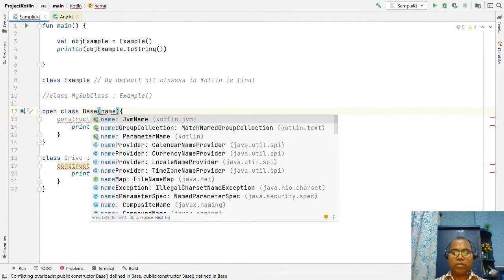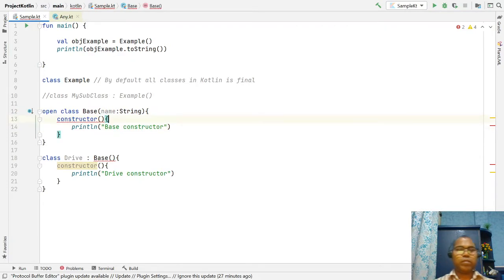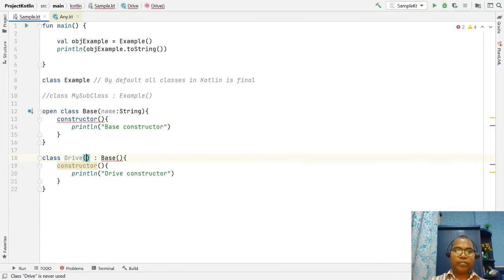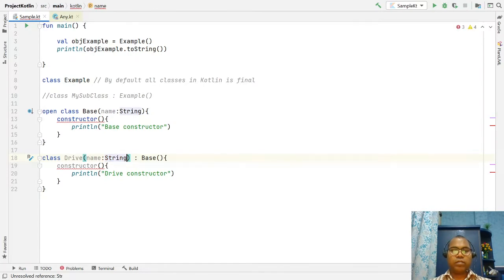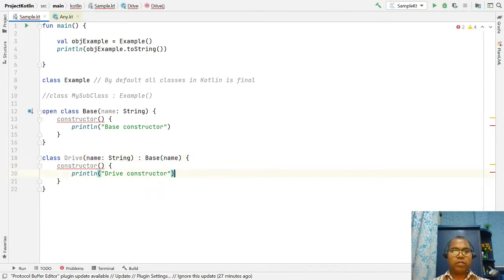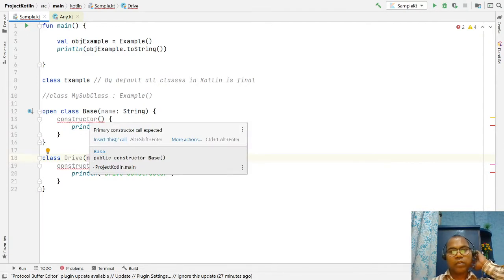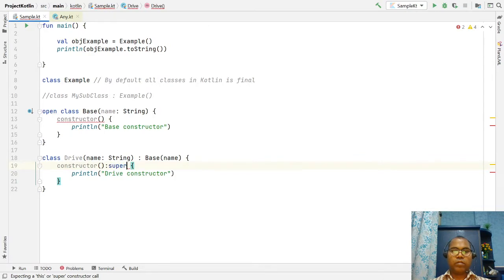Name, let's say string. Pass string. We pass name. The compiler says primary constructor call expected. Super.